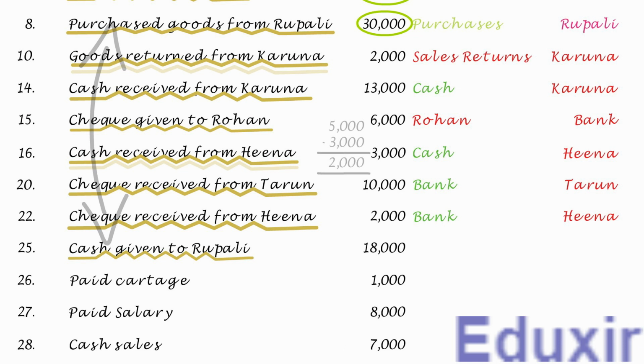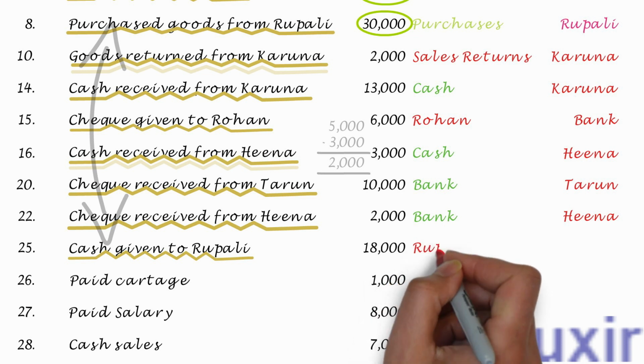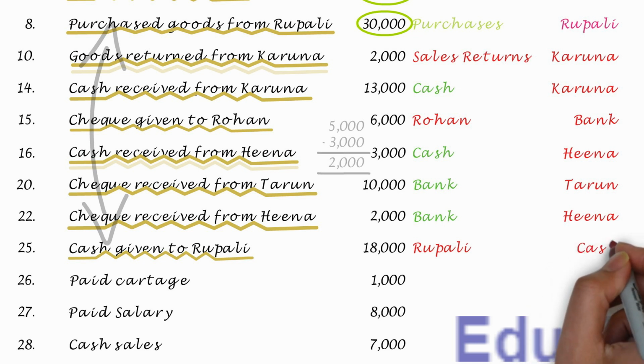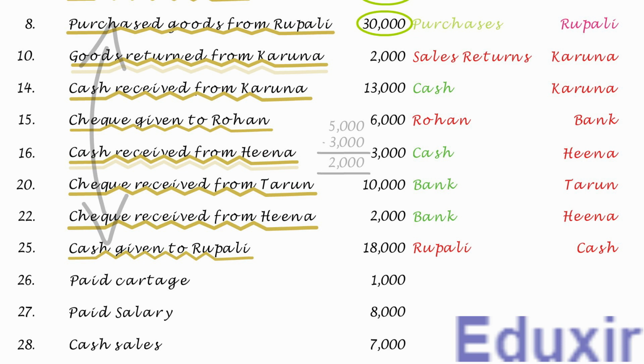As you know, the payments to the creditors will decrease the liability of the business to the creditors. The rule to record a decrease in the liability is to debit the corresponding liabilities account. In this case, the creditor Rupali account should be debited. At the same time, as the business is paying the creditor in cash, the cash asset of the business will be decreasing. The rule to record a decrease in the asset of the business is to credit the corresponding assets account. In this case, the cash asset should be credited. With this analysis at our disposal, let us now proceed with the generalizing of this transaction.